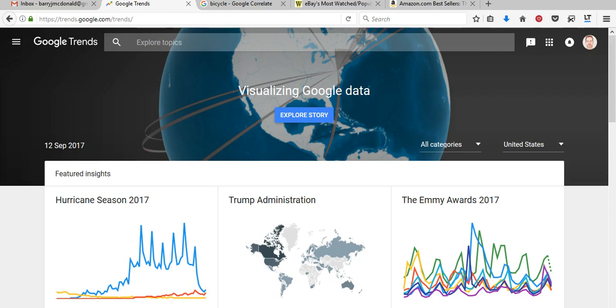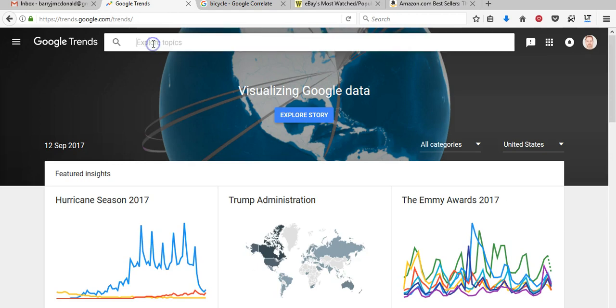So if you want to find out what is trending at the moment, and how to actually measure the trends and see how the searches are going in the search engines, come over to trends.google.com and just type in the keyword of what you're looking to look up. For example, I mentioned fidget spinners earlier on, just to see, is the trend going away or is it going to last for a bit longer? So I'm just going to type in fidget spinner.